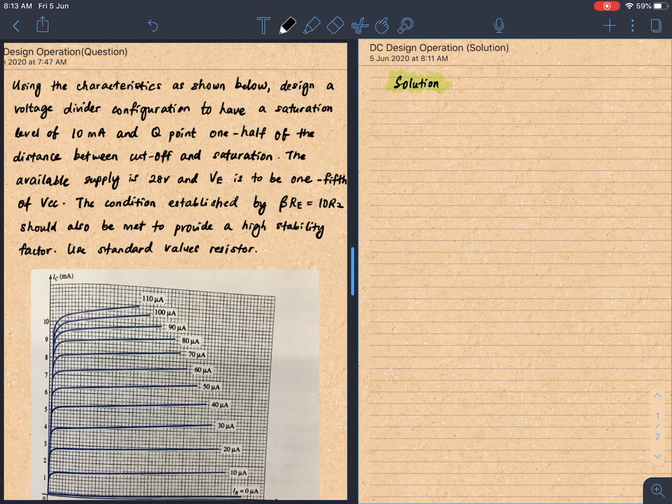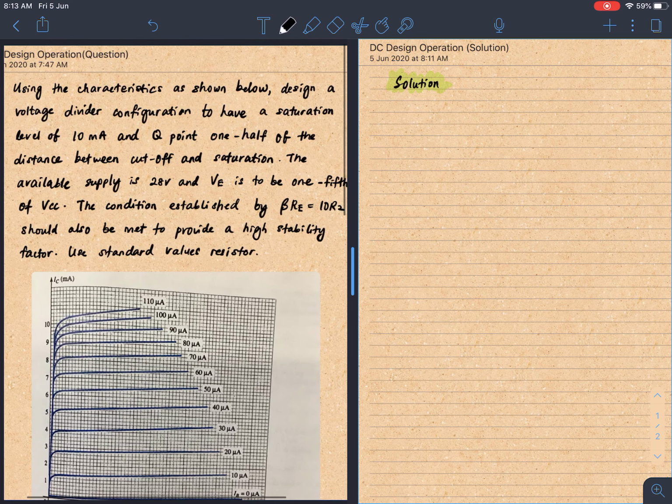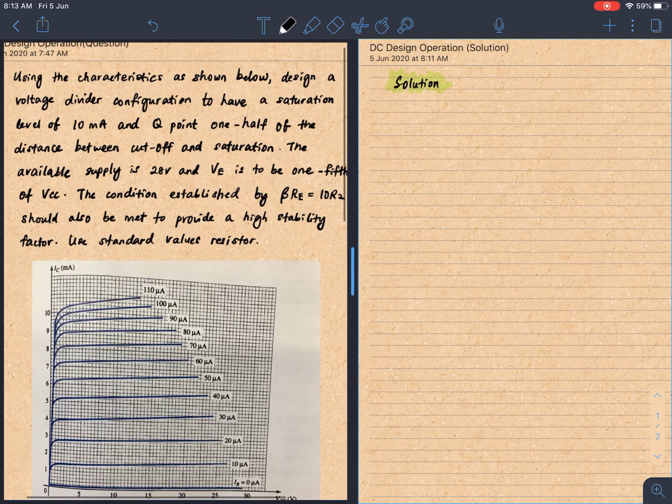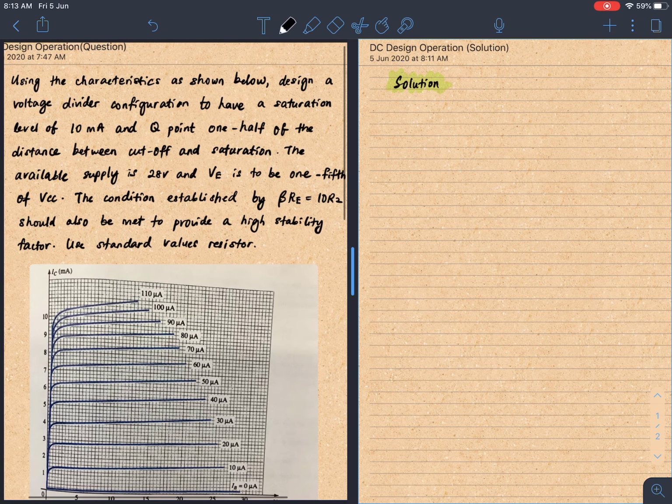So for this question, you have to go through the question carefully because there is a lot of information provided in this question. And okay, let me start. Using the characteristic as shown below, this is the characteristic of the